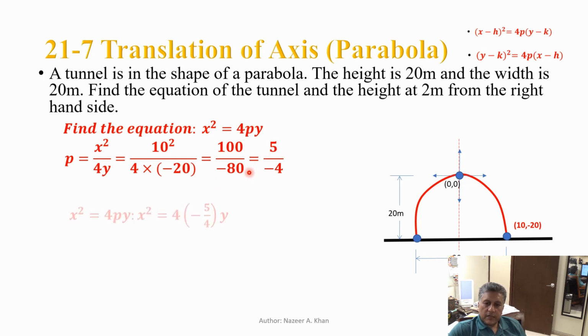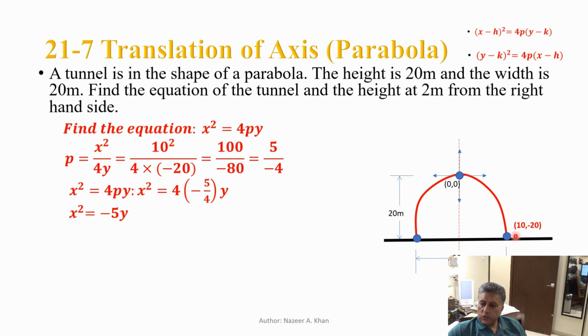Let's look at the next step. We have the equation saying 4p, so we plug that in. x squared is equal to 4 times p times y gives us the equation, and you can see that this cancels out with that. You have minus 5. So this is the equation of the parabola. Once you have the equation of the parabola, you can find any one of the coordinates associated with it. The other part of this: find the equation of the tunnel and the height at 2